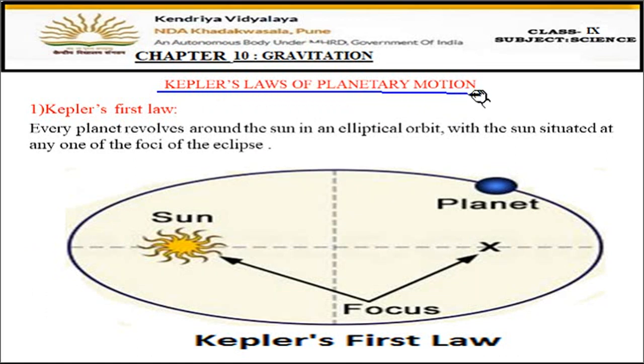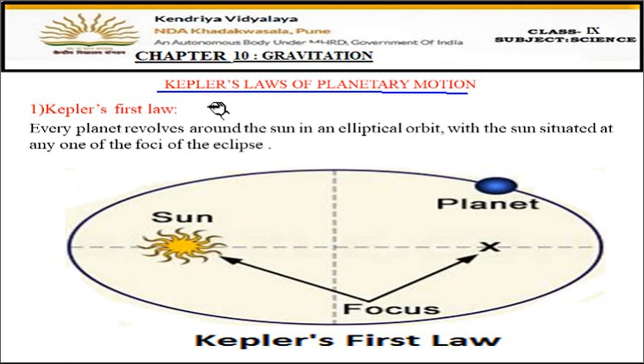We all know that planets move around the sun, and planets move in elliptical orbits. They have their own orbits in which they are moving, and they do not fall down or go in any other direction, they just revolve around the sun. This is also because of the gravitational force provided by the sun. Every body attracts the other body in the universe, and this force of attraction is the gravitational force. So the sun also has its own gravitational force, by which it attracts the planets towards it.